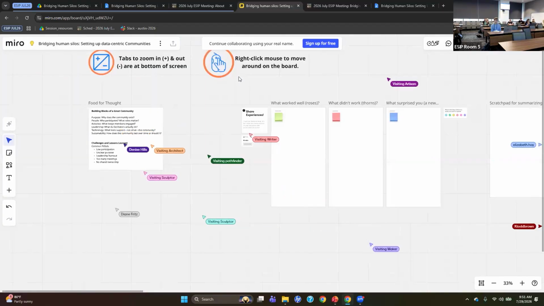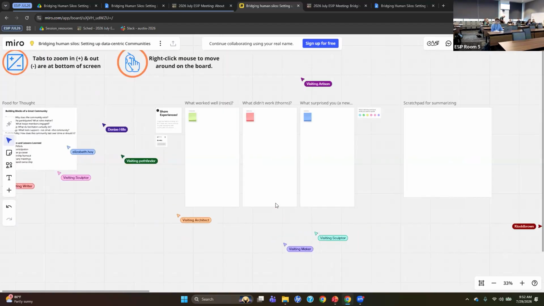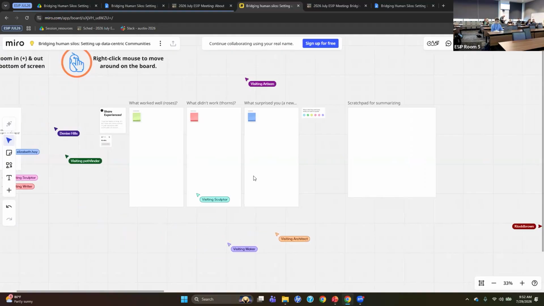There's actually a couple of little things that I copied into here that you can also reference. This food for thought panel that Diane was talking about, those are kind of to stimulate ideas, not to shape what you guys are thinking. So feel free to look at those. I see a lot of arrows. Awesome. And so now our first exercise, which we'll do next after I'm done, is the first breakout session, which is going to be roses, thorns, and what surprised you.